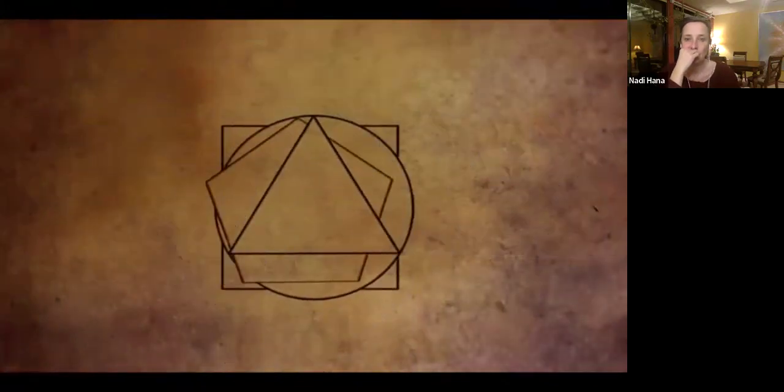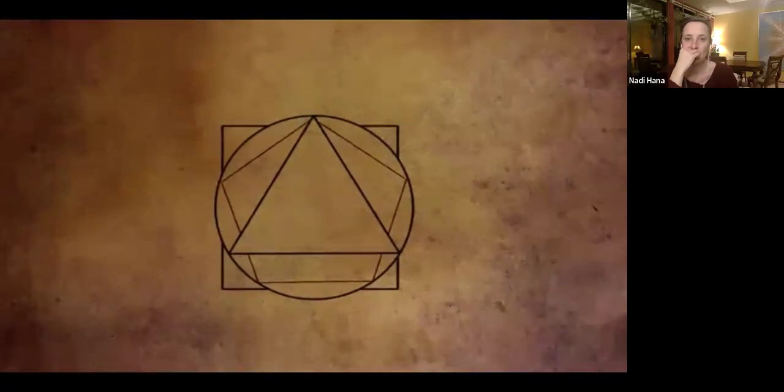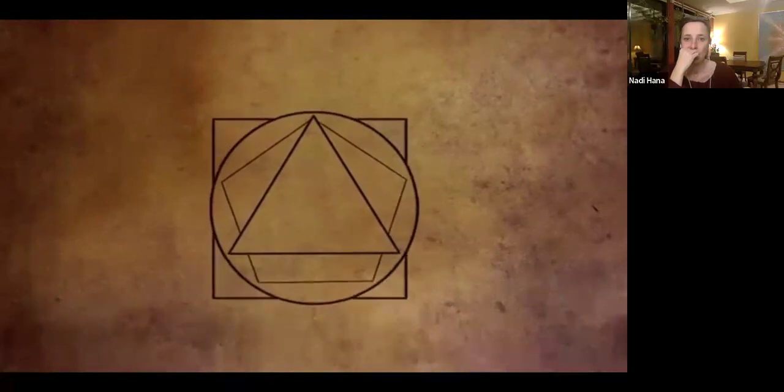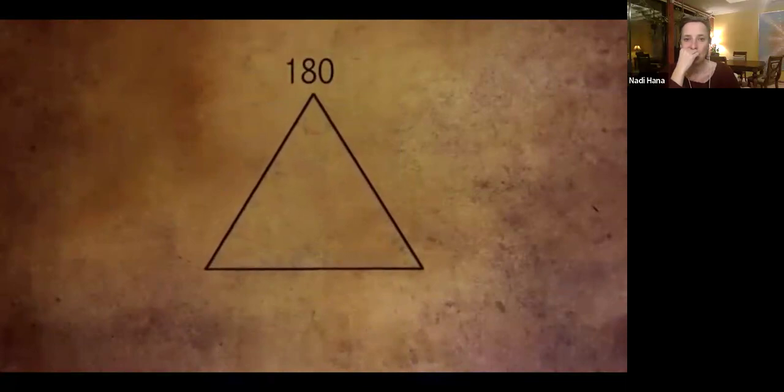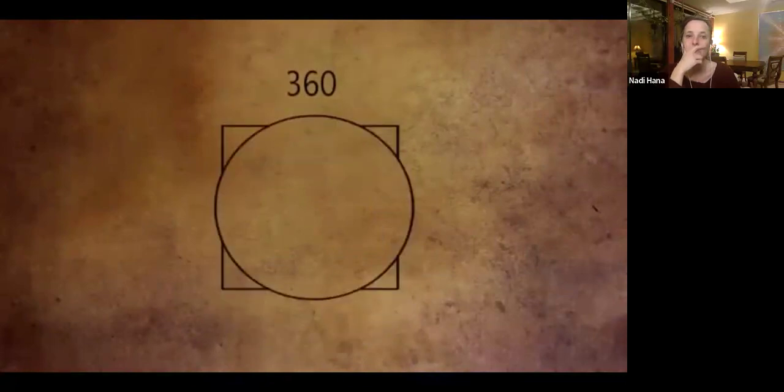held a key to the nature of all life everywhere, and maybe it does. Let's look at the first 4 geometric shapes, the circle, triangle, square, and pentagon. In each of them are angles of degrees that when added together always total a specific number relative to that particular shape. For instance, if we take a triangle, the sum total of all 3 interior angles is always 180. For both the square and circle, it is 360. For a pentagon, it is